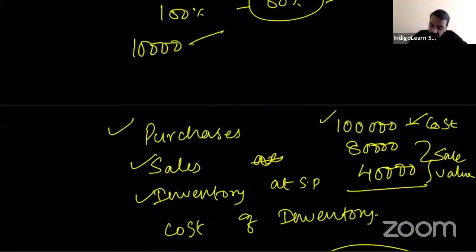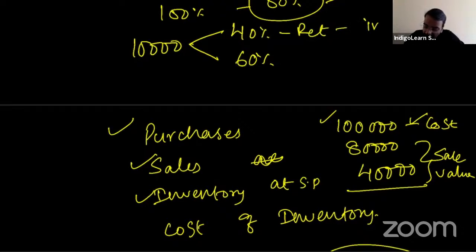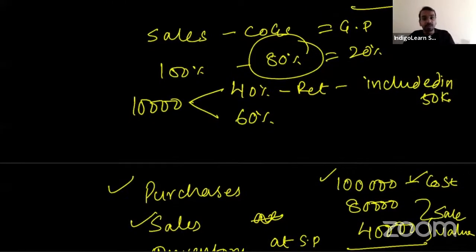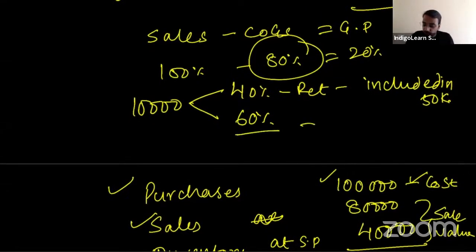We sent 10,000 worth of goods to the customer. Out of this, he returned 40%. He did not return 60%. This was returned, and hence this was already included in 50K. Okay. The balance 60%, it is still with the customer. The customer did not return. So this is not included in